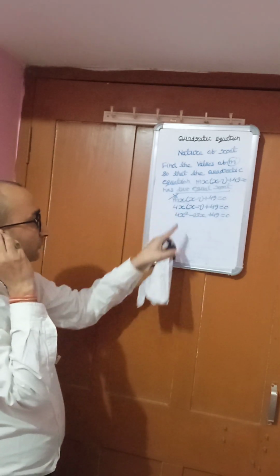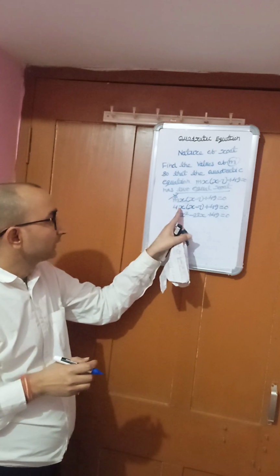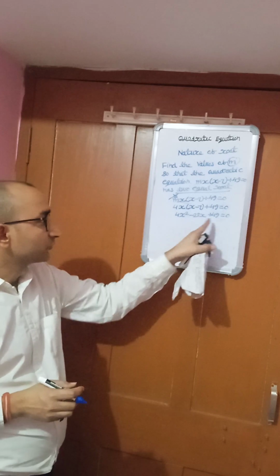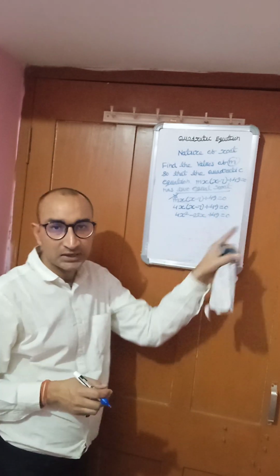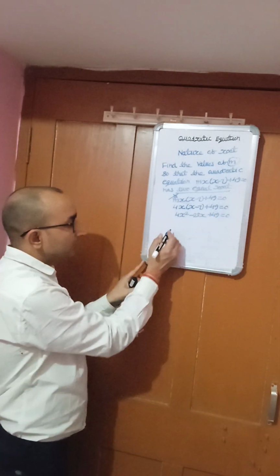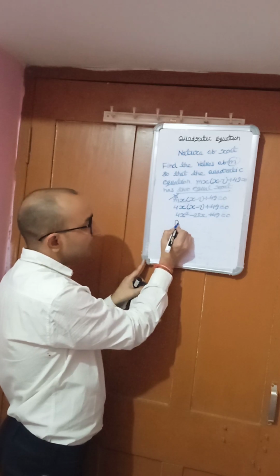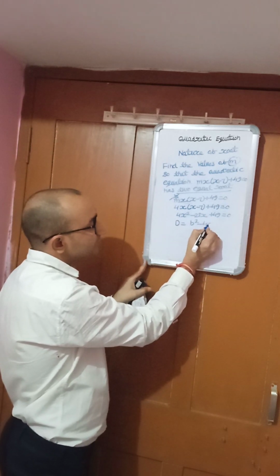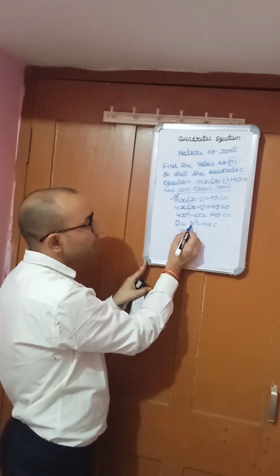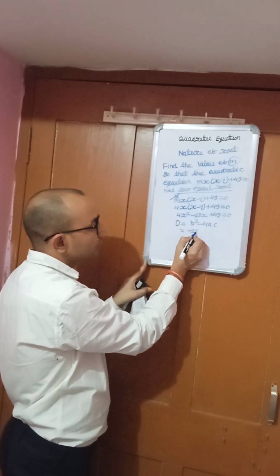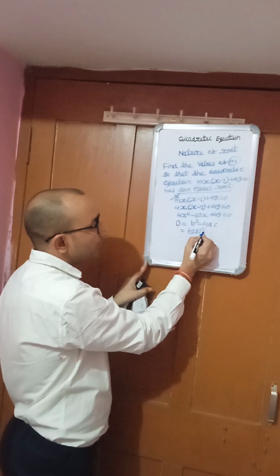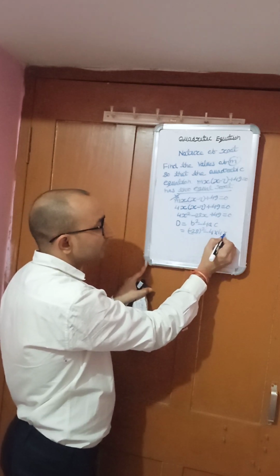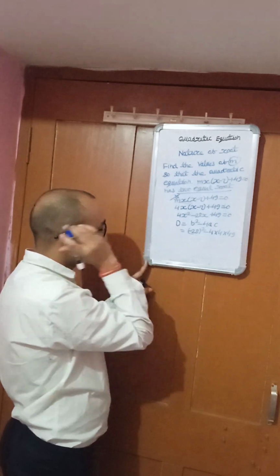The value of m is 4 here, so the equation is 4x square minus 28x plus 49 equals to 0. Then if we find d, d means b square minus 4ac. If we put the value of b, minus 28 square, minus 4, a is 4 here and c is 49, then 28